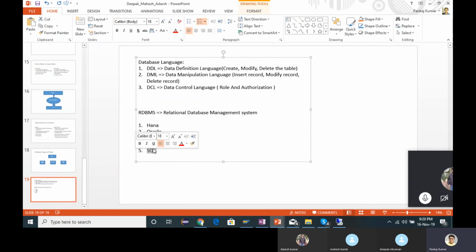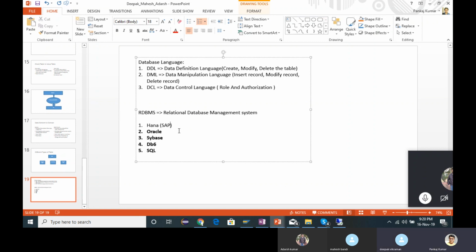So SQL, DB6, Sybase, Oracle, these were the old databases. But in 2011, I think, this HANA database came into the picture. This HANA database is developed by SAP only, and it's amazingly fast due to massive parallel processing and in-memory database, because in RAM side this database has been installed, and the hardware, the processor is going to be used inside the